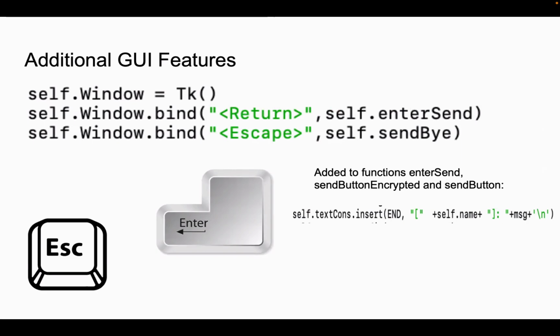Not only do we have the secure messaging features, we also added some GUI features, in which we added two buttons, the return button and the escape button. Instead of just hitting send, we can also use the return button to send the message, instead of always using the send button. So we can just click on the keyboard and press return. And same for the escape button. We can just escape out of the chat system after we hit escape,